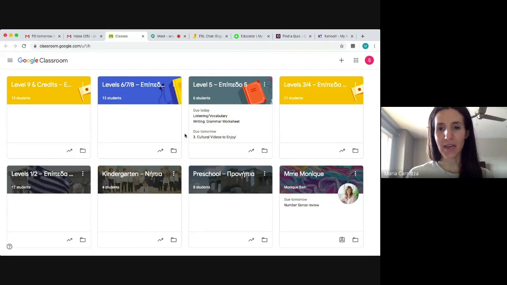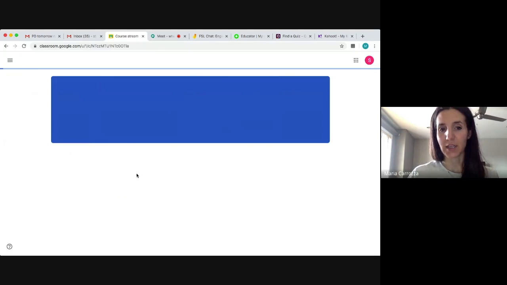So here, I'll show you. Right now, these are the levels. I have my son's French immersion kindergarten class on here as well. But these are the different classes that we have for our Greek school. We have preschool, kindergarten, levels 1, 2, 3, 4, 5, 6, 7, 8, 9 in credits. So for example, if we click on our kindergarten classroom,